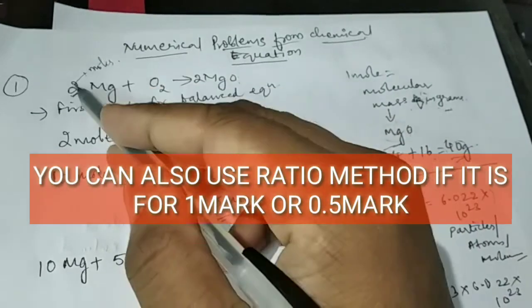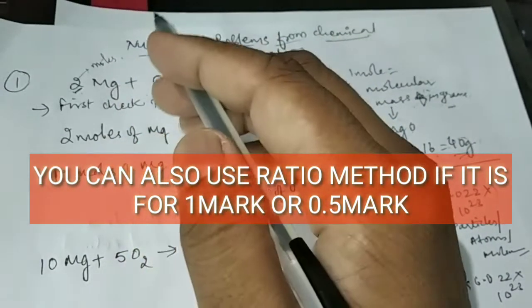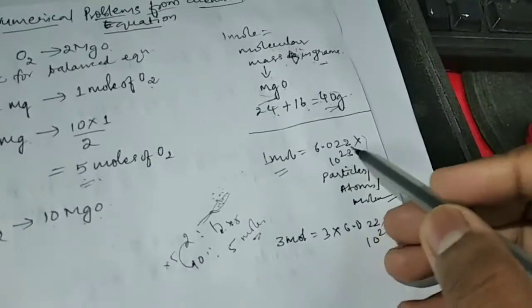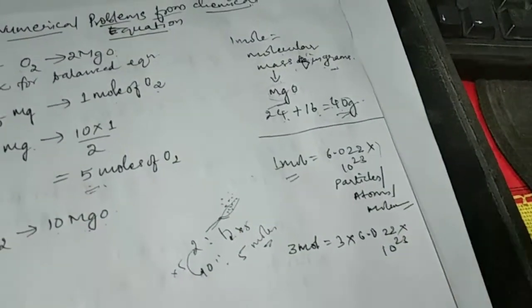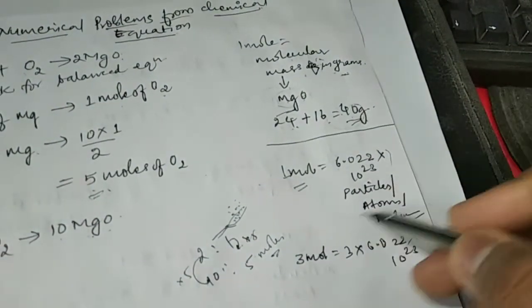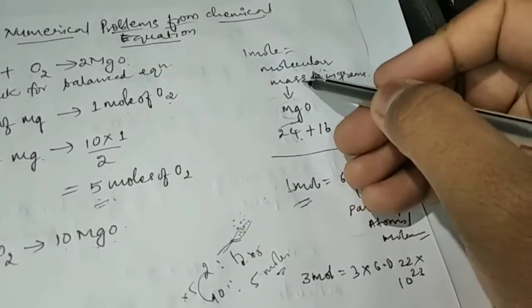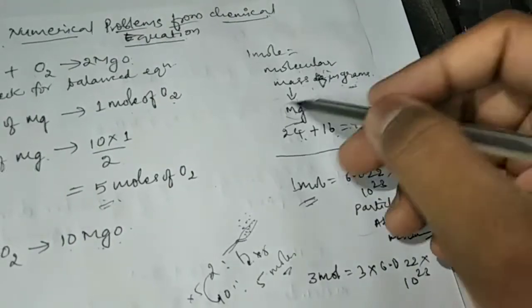See, mole means the coefficient behind the element is called a mole. You can think of it as the simplest method here, all of the students. Otherwise the mole definition is, it is given as 6.022 into 10 power 23 particles or atoms or molecules. So you can say this much of particles is equal to 1 mole. In terms of weight or grams, we can say it is the molecular mass in grams of the element or the molecules.